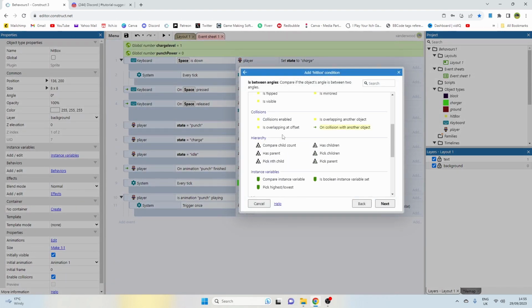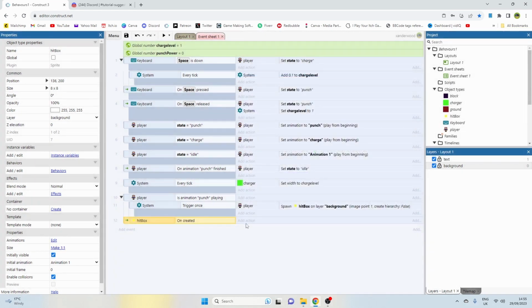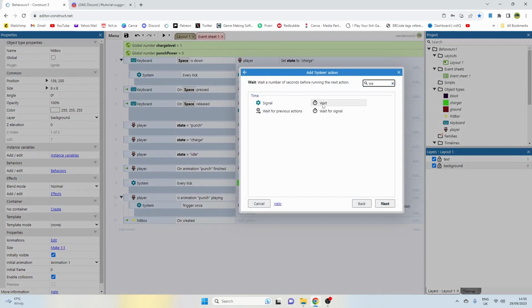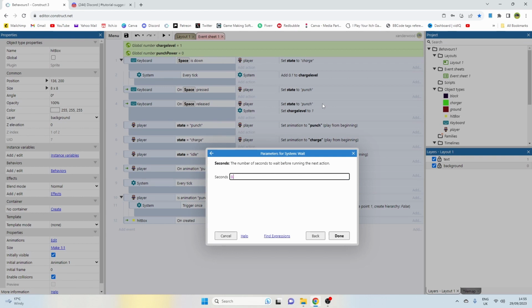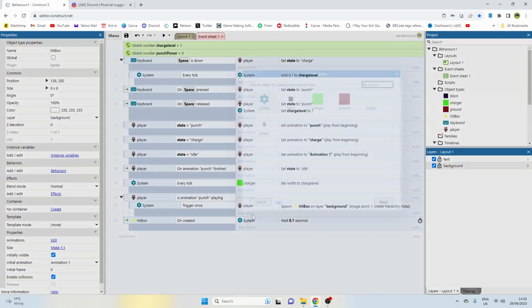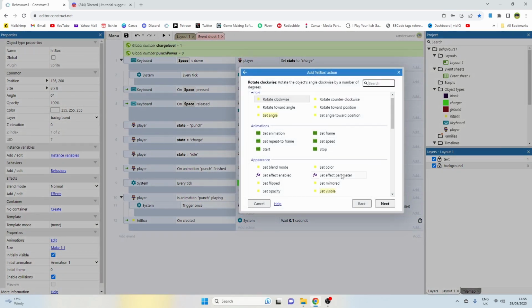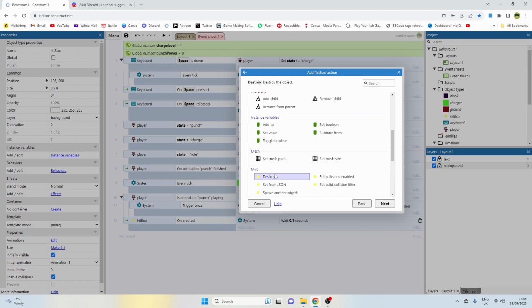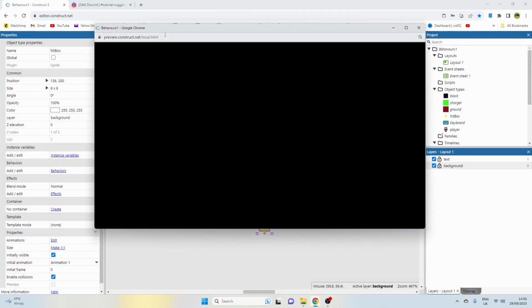So what we need to do is go to the event sheet and add another event and say hitbox, and we're going to say on created. We're going to say system, and we're going to wait 0.1 second, and then we're going to destroy it so it doesn't hang around. And we're going to say destroy. So now if we're running around hitting,